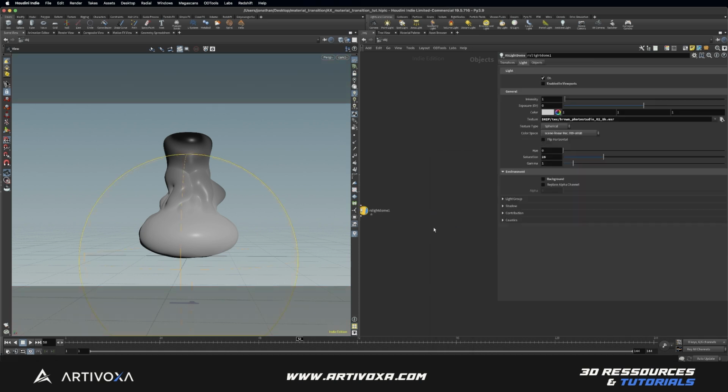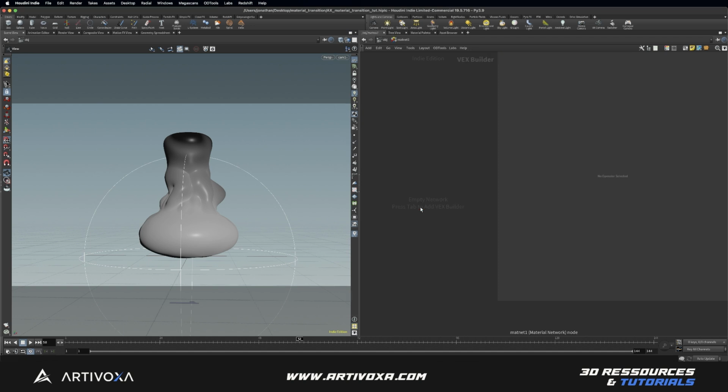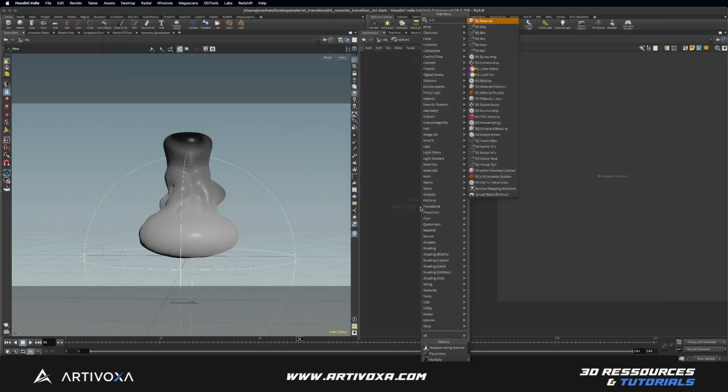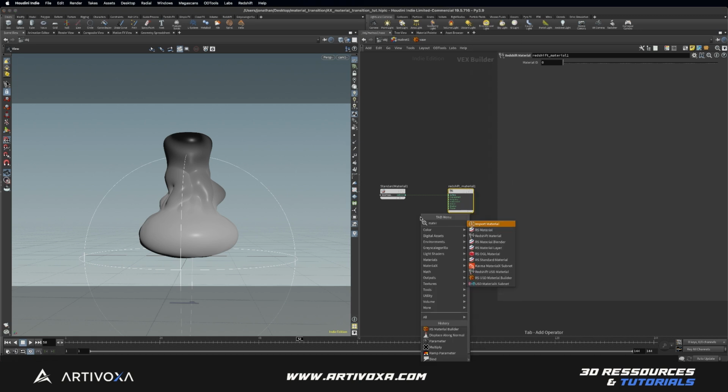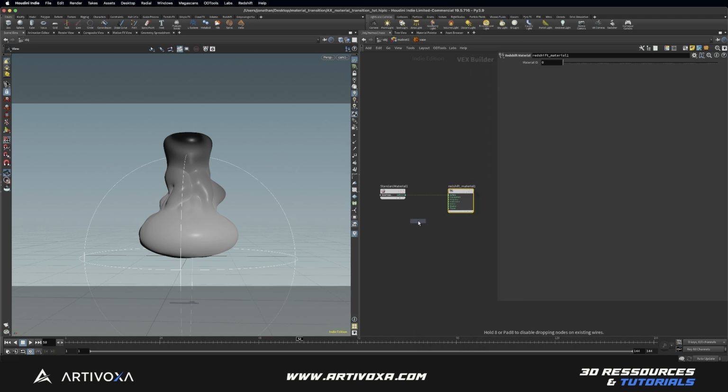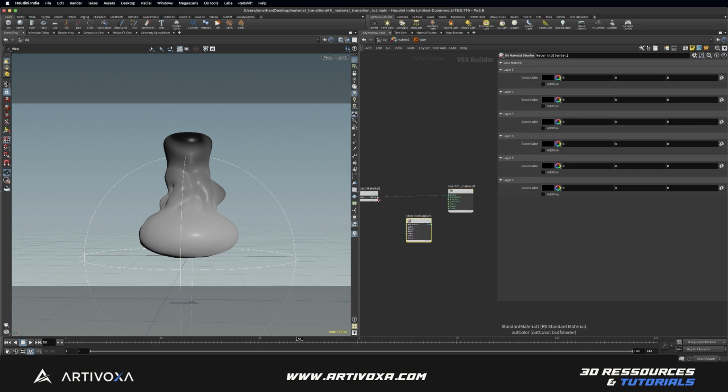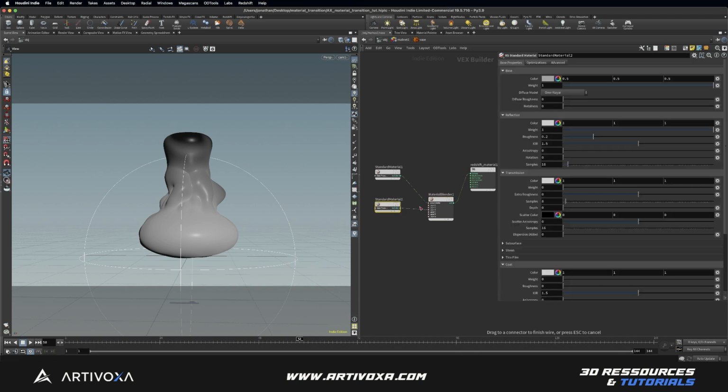And now let's create some material. So let's add the material network, and here you can dive inside and you can add a first material. So let's type RS material builder. And here you can rename it vase, and you can dive inside, and from here you have a base material link to the output, and here you can use the material blender, and you can plug this first material into the first input of the material blender, and you can put that one into the output,